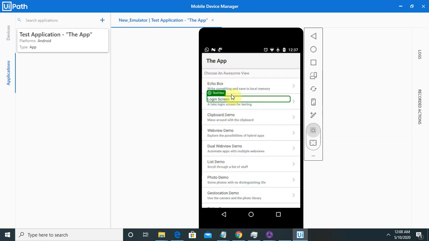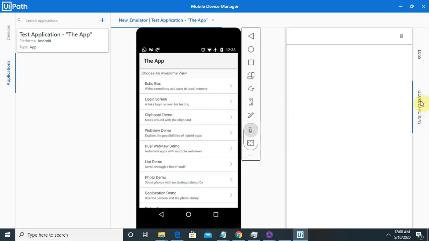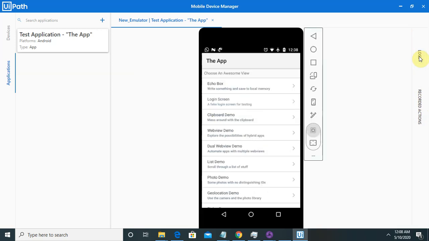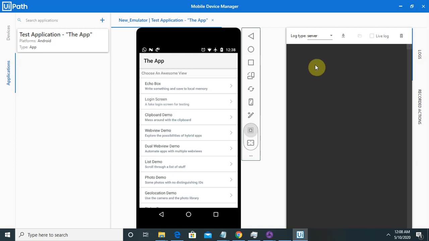Now you can see my mobile screen is available. If you want to record your screen, you can also do that. Just record every action. If you want to check the log of your mobile device, you can also do that.